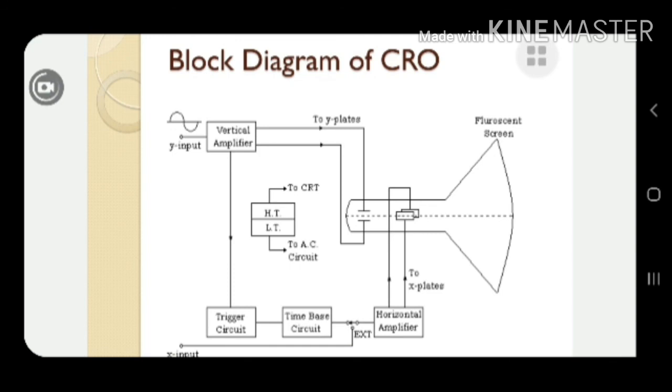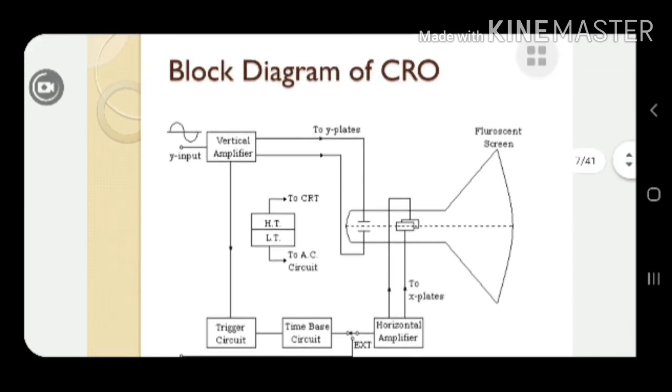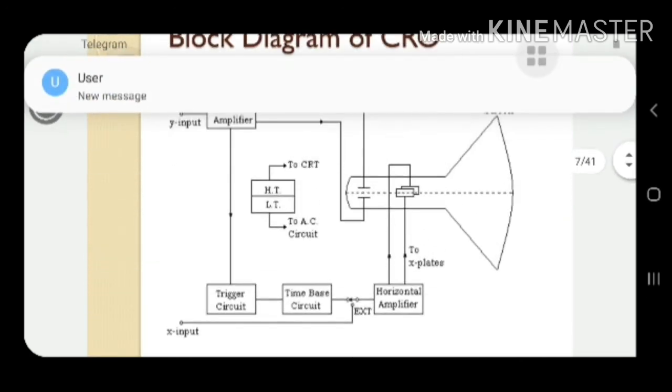We can also perform measurements on DC signals, and you can find out DC current and AC current, RMS value of voltages, and peak value of voltages. You can also find out unknown frequencies of a signal, and it can be used to find the phase difference between 2 electrical signals. Apart from that, we can use it to find non-electrical parameters like temperature, pressure, stress, strain, and other parameters, first converting them into electrical equivalents.